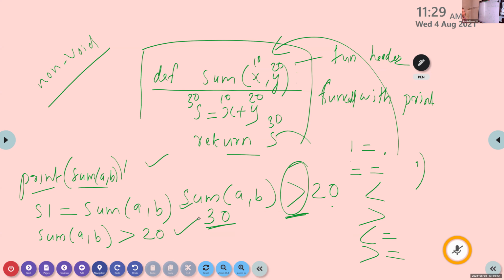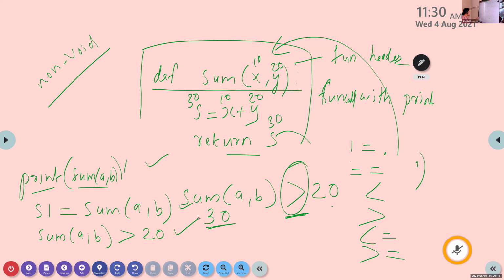Non-void functions. Okay. Is it clear? Srihari, is it clear? Yes, ma'am. Okay. So these are the three options related with function call statement. First one, we can use sum function with print, and second one, sum function with assignment operator and variable.